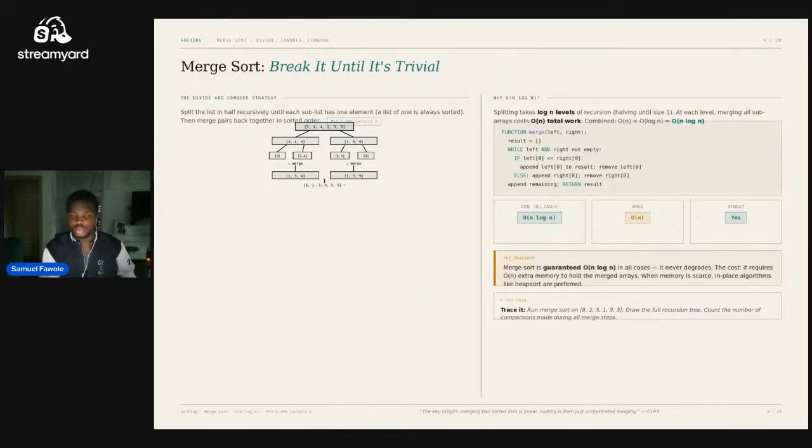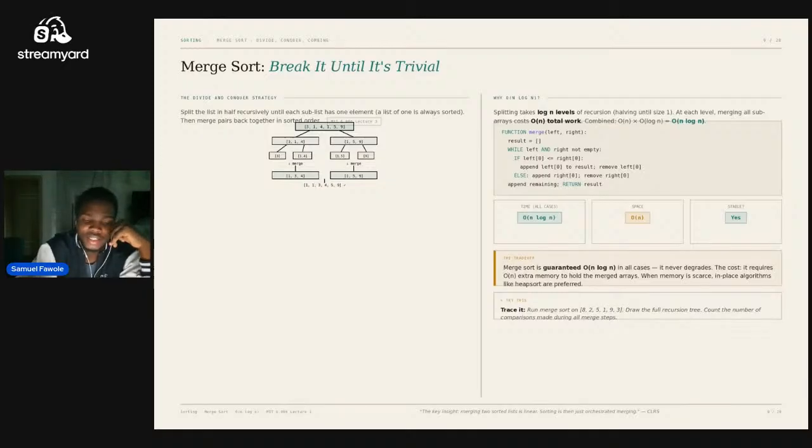So merge sort. For merge sort, we split. There are many algorithms under this category of divide and conquer, and one of them is merge sort. For instance, in this case, we have 3, 1, 4, 1, 5, 9. We break that into 3 1 4 and 1 5 9. We break that again into